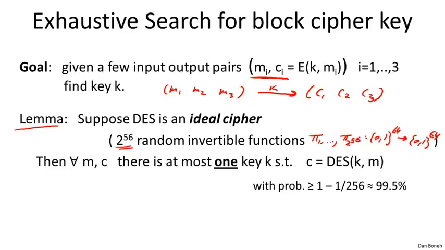Of course DES is not a collection of 2 to the 56 random functions, but we can idealize the cipher and pretend that it is such a collection. Then what can we say? Then it turns out that just given one message and ciphertext, you just give me one pair, message and ciphertext, there is already only